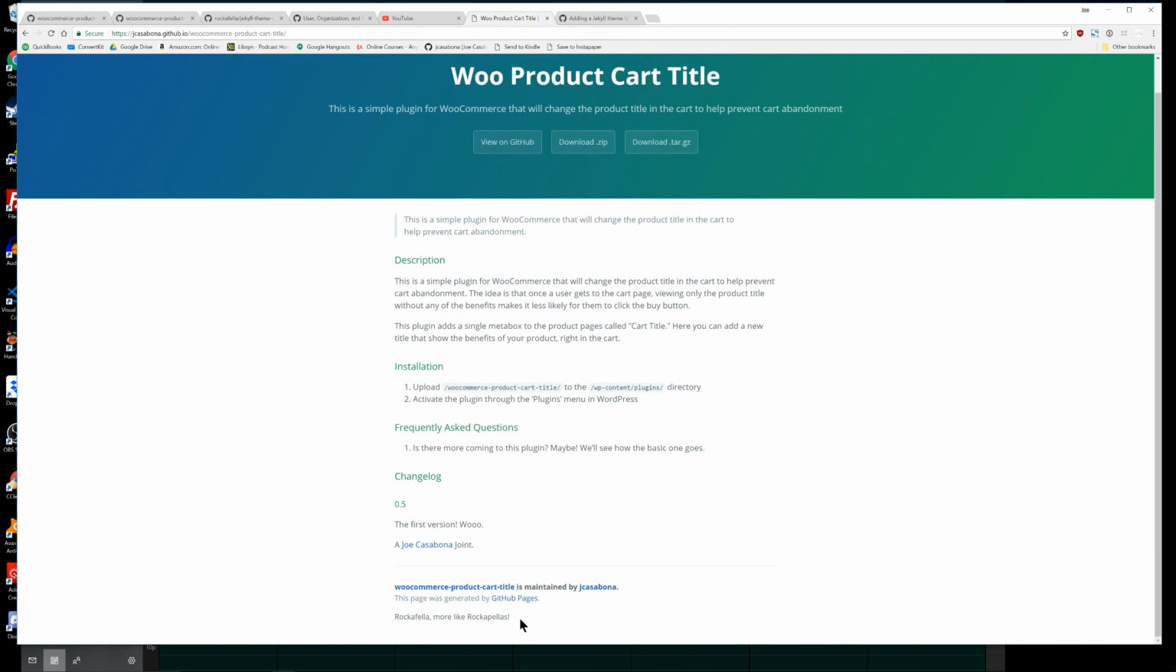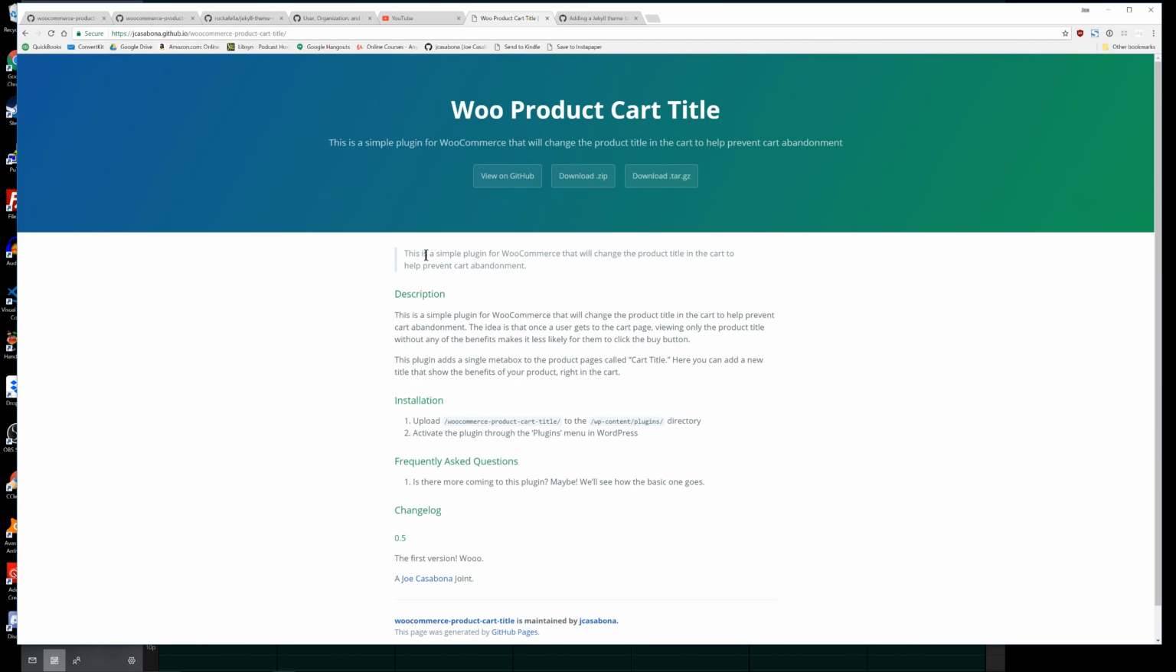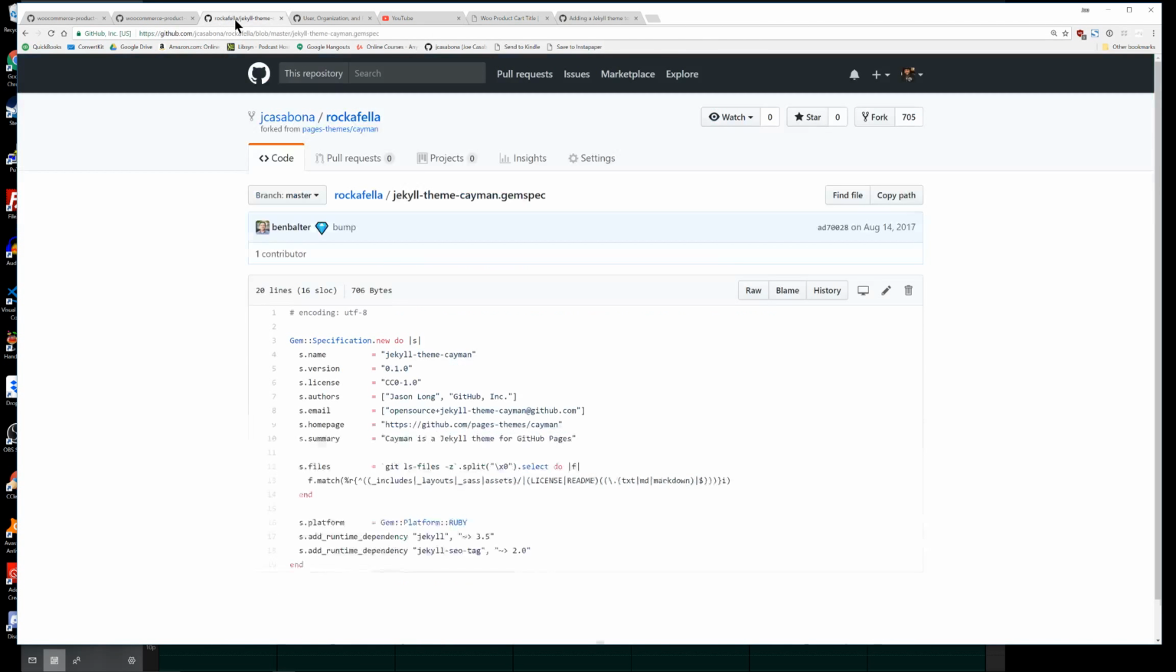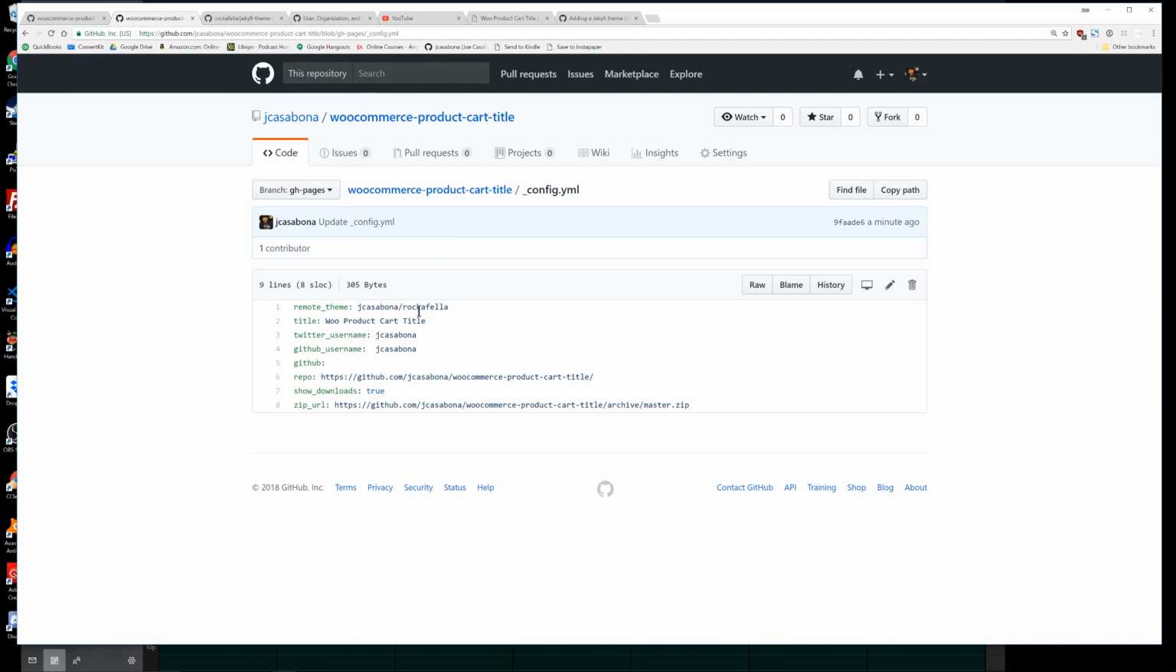Sweet. So I now have a custom theme that I'm using, forked off of Cayman, by creating my own repo, renaming it, and referencing it as the remote theme within the config.yml. I think YML probably stands for YAML, but I don't like to pronounce